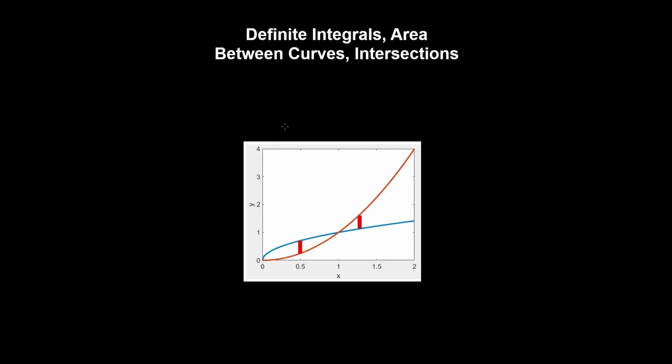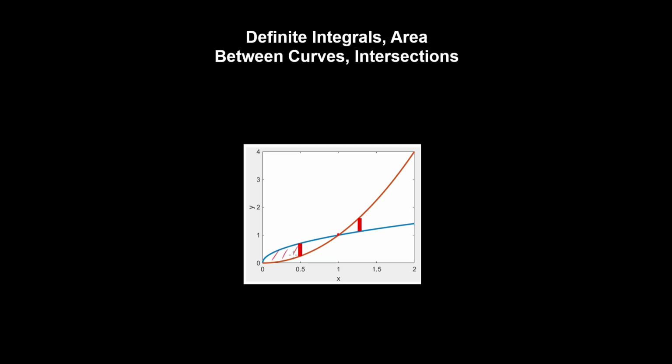We can also use definite integrals to find the areas of planar regions that are bounded by several curves, and the curves intersect. So in this case, to find the area of both of these regions, we can use a piecewise integral. And if we designate this function f of x and this one as g of x,